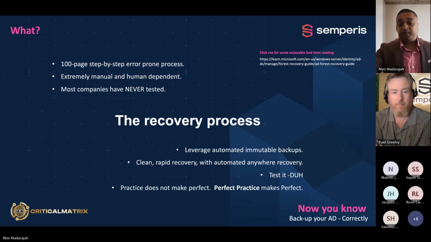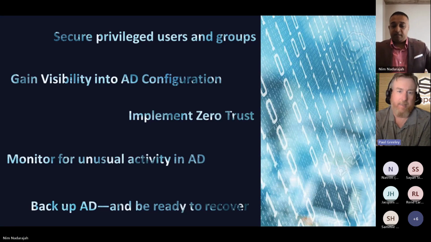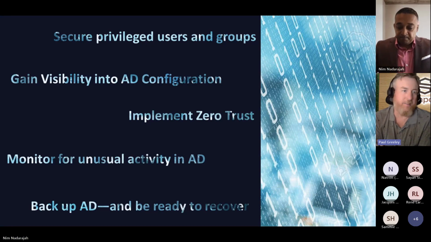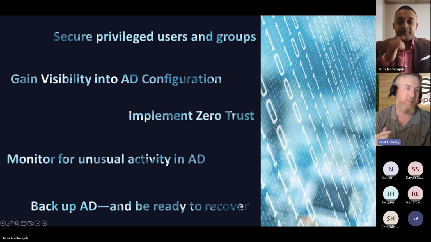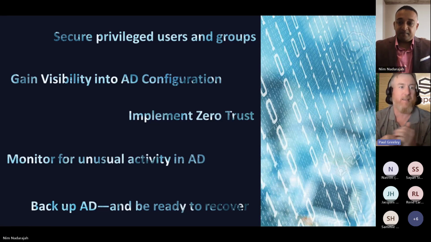And that's a great point, Nim. Automation is the key there too. Let's take some of the human element out of it. I got in a situation years ago when I had to call the backup team because someone deleted a bunch of DNS records and took down critical applications. So I wrote a bunch of PowerShell scripts to look at the reverse records and then recreate the A records because the person who deleted them was sloppy in that regard. But the backup team got to me, this happened on a Friday, the backup team got to me on a Monday. Said, "Hey, you need a restore?" So I'm like, "Yeah, like 3 days ago."